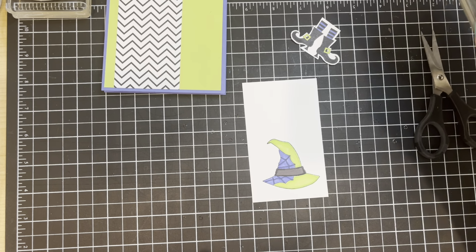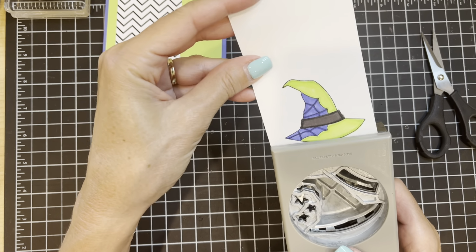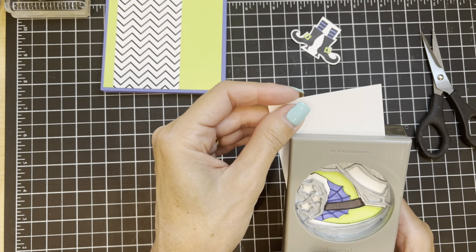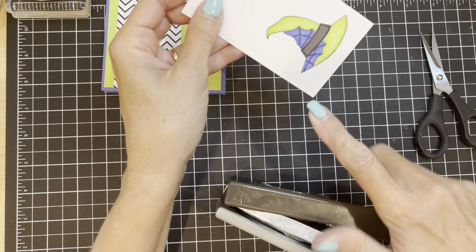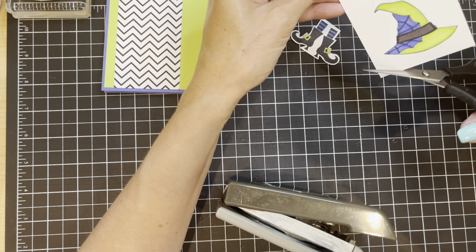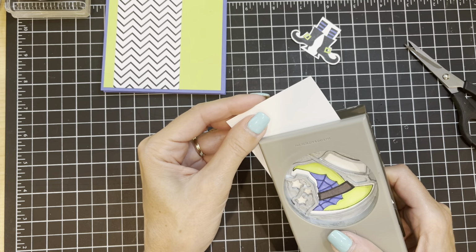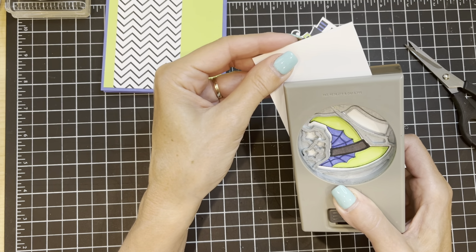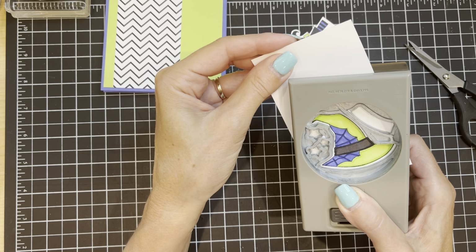Let's move on. I've got my punch. So I'm going to slide this down into the Witch Hat Builder punch. Okay, this little angle is causing a problem, corner, so I'm going to just chop that off. There we go. Now I can get it in there. I need to tip it, straighten it,